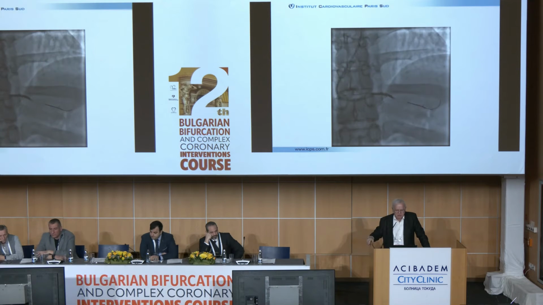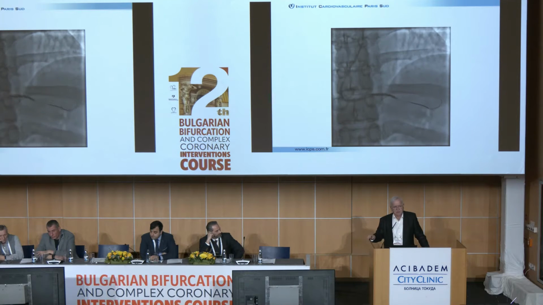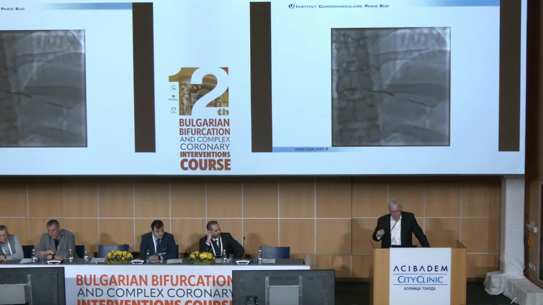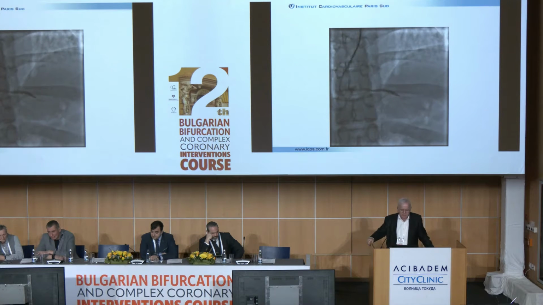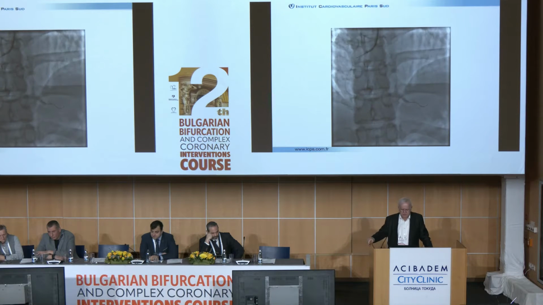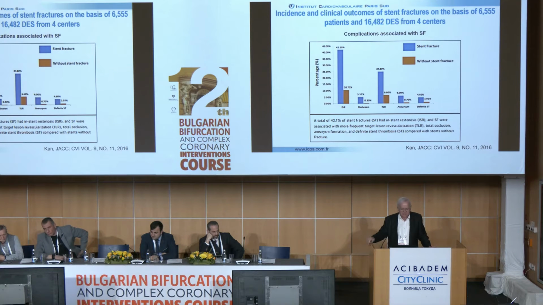So what to do in this situation was to cross the lesion, which was not so easy, and it was even difficult to push a small balloon. You can see that my guiding catheter is deep. And after that, we inflate it as well as possible. And I implanted another stent, new generation, longer, across the stenosis. This is the inflation, and this is the result. So I have to say that we speak now about the frequency of this.